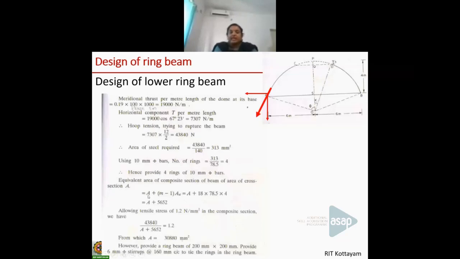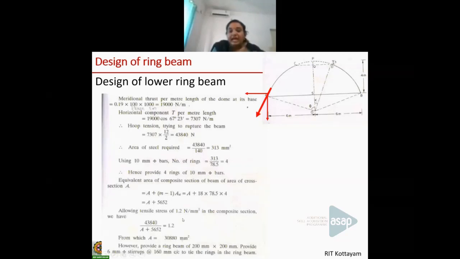So here the area is, you know that I have shown in the previous slide, the equivalent area is A plus (M minus 1) into AST. You know the AST value, you know the M value, or rather you can calculate the M value once we know the sigma CBC and sigma ST using the equation given in IS 456 assumption 4. You can calculate the M value and then calculate the equivalent area. This is the equivalent area.